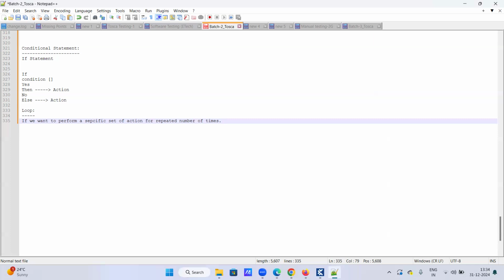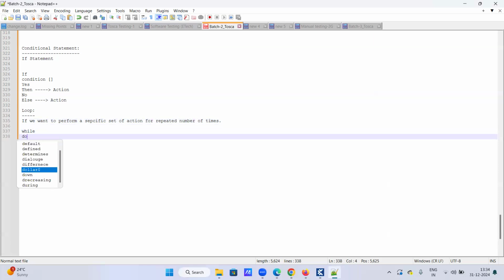Now, what are the loop statements available in TOSCA? That we need to understand. While loop and do while loop. Okay, so there are two looping statements. One is while and another is do while. For example,